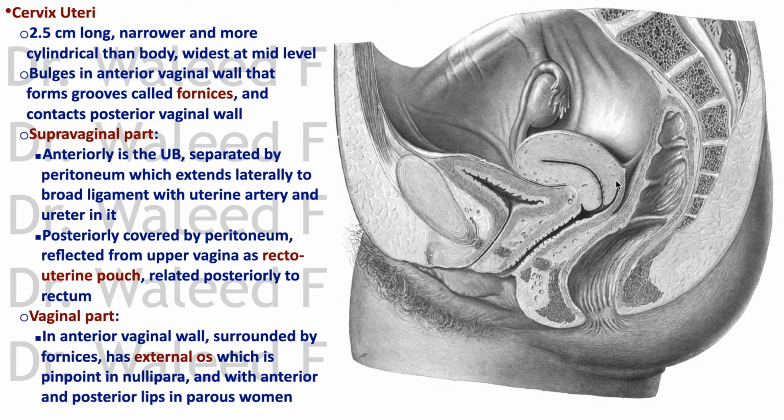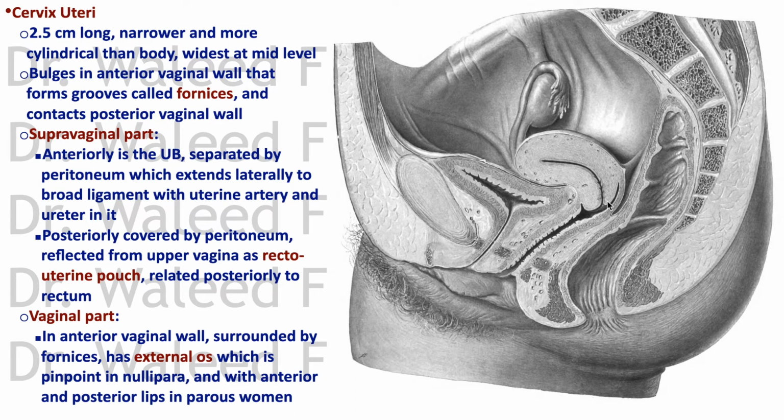The supravaginal part has the urinary bladder anteriorly, separated from it by peritoneum, with the reflection of the uterovesical pouch. Posteriorly, it's covered by peritoneum reflected from the upper vagina as the rectouterine pouch. As for the vaginal part, the cervix almost touches the posterior wall of the vagina. It's in the anterior vaginal wall